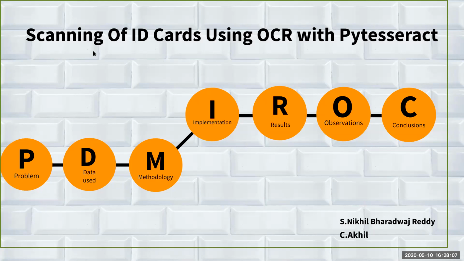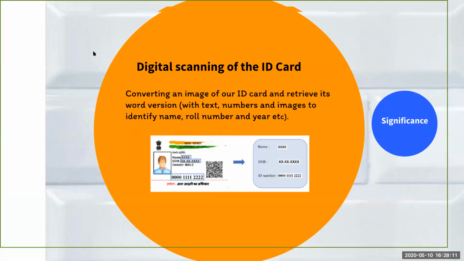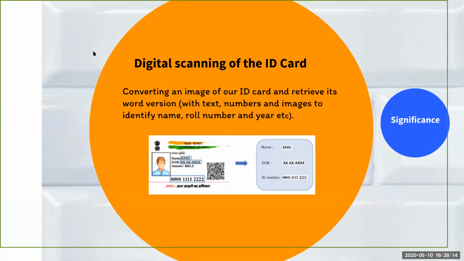So, at first, let's discuss the problem statement. Our main problem is digital scanning of ID cards. We need to convert the image of the ID card to retrieve the word version of the ID card. We need to get the text that is present on the ID card so that we can use it